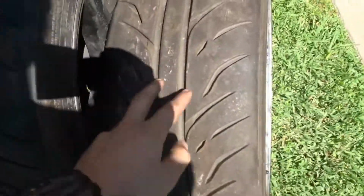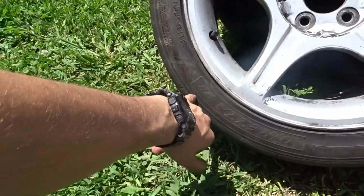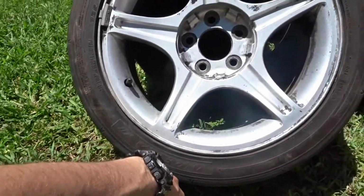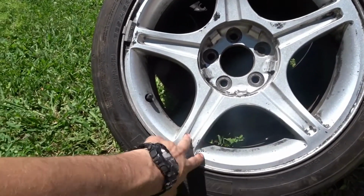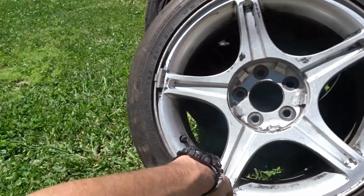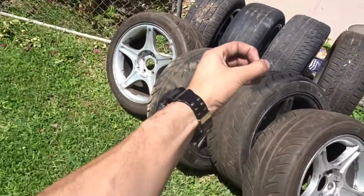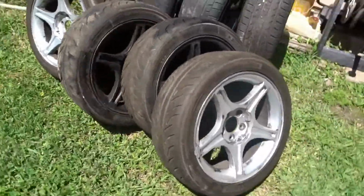But if you see, look at these tires. These are Dureza D102s, I think. 101s, Z2, I think 102. I don't know. I don't remember. But they're rotational tires. These are Ford Performance wheels, 5x110, some stupid size. But I picked these babies up for a whopping